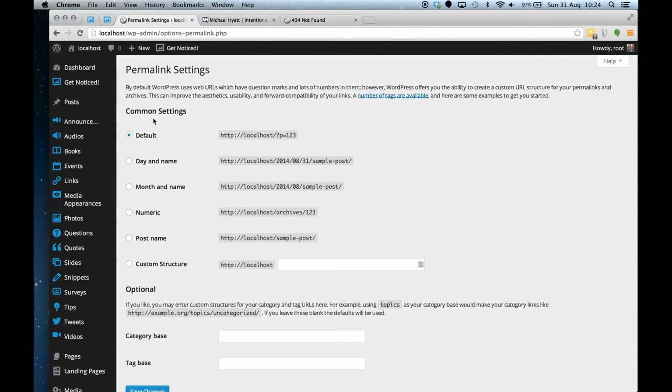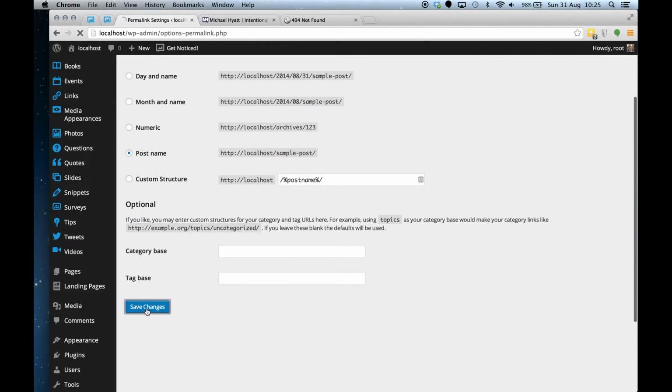we can see that currently my settings are to use this link structure, where for every page the URL will always be localhost/?p= and then the ID of the post, or just a number. That's not very SEO friendly, and it also causes some other things to not work in the theme. So what we really want is to set our theme the same way Michael uses it, and that is to set the post name. So now our URLs will be localhost/ and then the name of the post, or the name of the page with hyphens instead of spaces. So we just need to click Save Changes there,